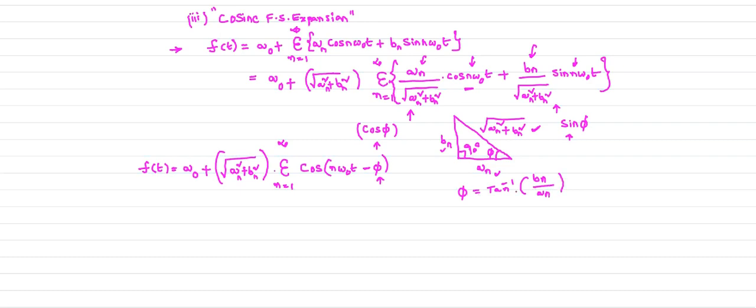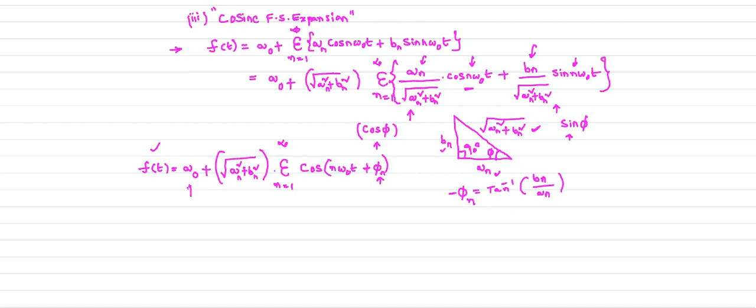We calculate phi at the nth position. Therefore, you need to consider here phi n. Suppose if I consider here plus, I will put here minus. That is the expression: minus phi n is equal to tan inverse of Bn by An. So instead of phi, it is phi n. We calculate the phi value at the nth position. So this is the exclusive representation of your f of t in terms of the cosine function.